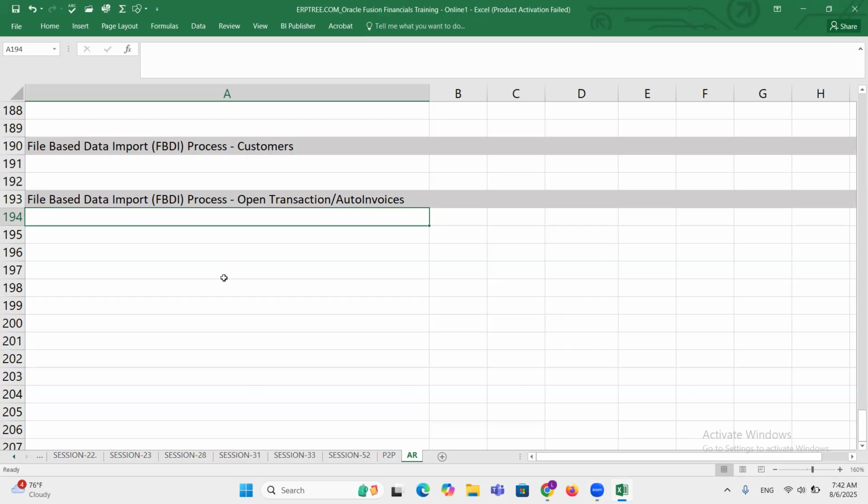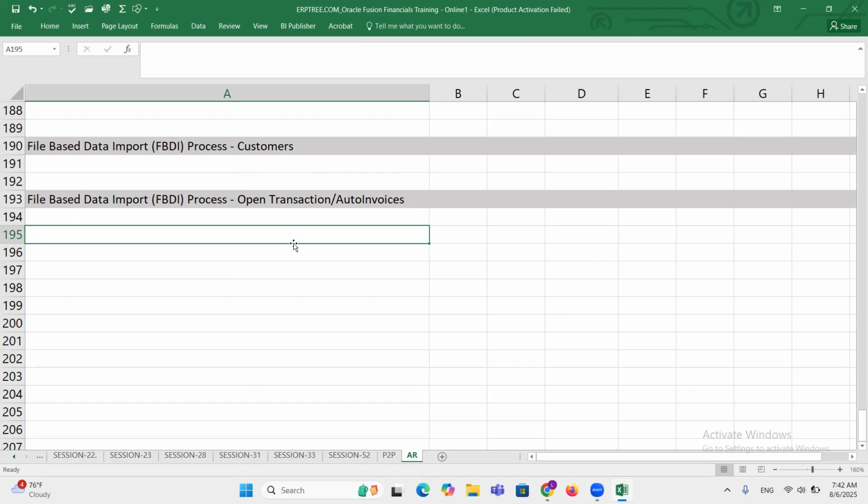Even if you are loading the data through the FBDI template, the data should be routed through that interface only. Those are open transactions. So if you want to load the open transactions into receivables by using the FBDI template,